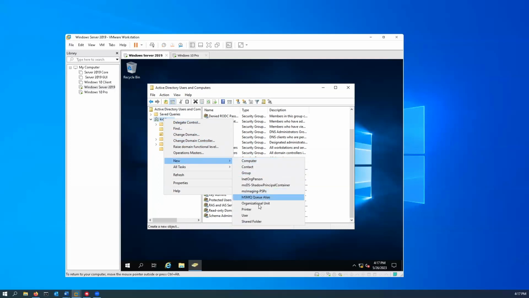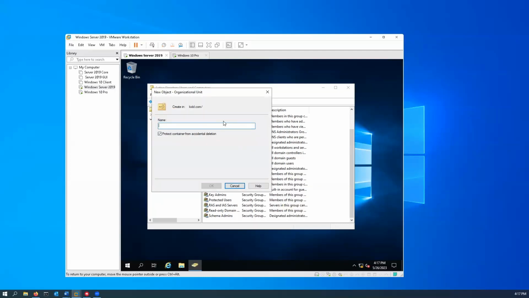And we're going to scroll over here to organizational unit. Now, all an organizational unit is realistically is a folder that you can put things in. So just like if you had a filing cabinet at your house, you want those folders to make sense. So we're going to make a sales